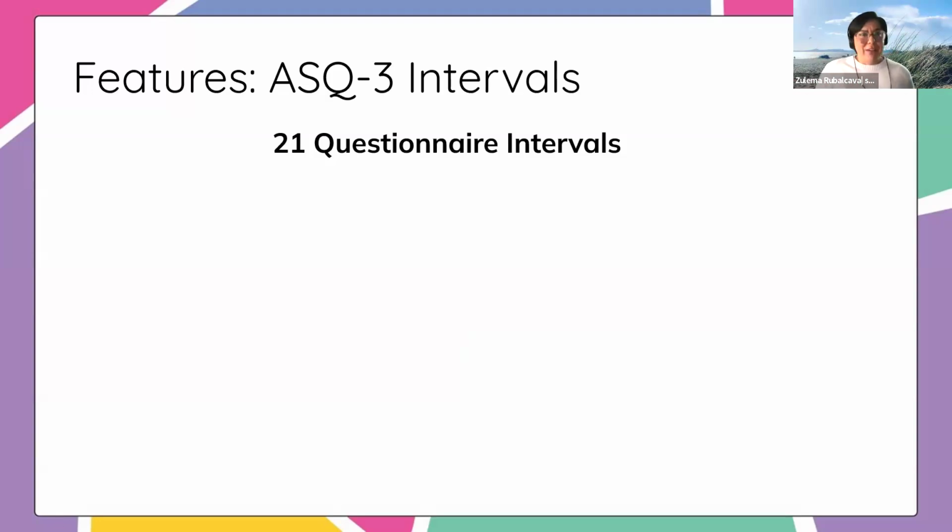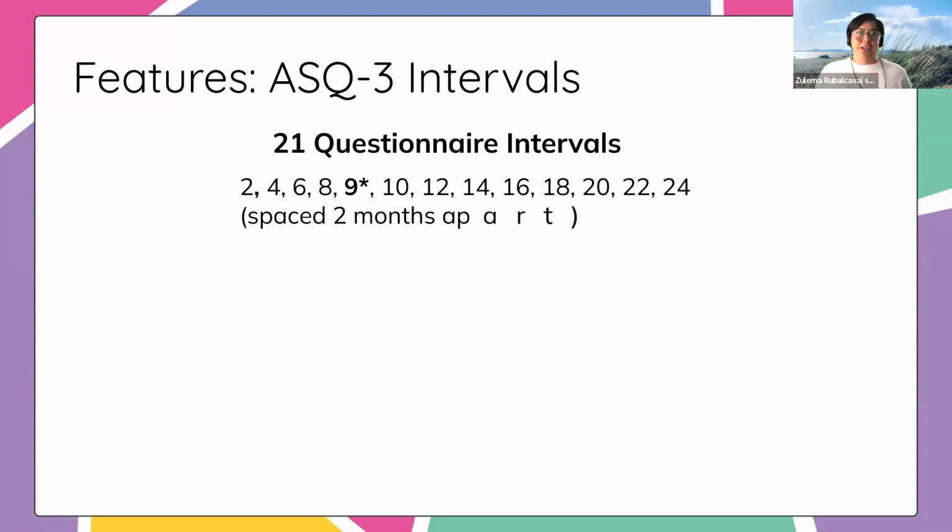Okay, coming back to the ASQ, I already mentioned that there are 21 unique intervals, right? In the first 2 years, things are happening so quickly. They basically go from, this is going to sound so awful, little blobs to walking and talking in 2 years. It's amazing how quickly development happens in those first 2 years. Because things are happening so fast, the questionnaires in the first 2 years are spaced closely, only 2 months apart: a 2 month, a 4 month, 6 months, 8 months, 10 months, all the way to 24 months.